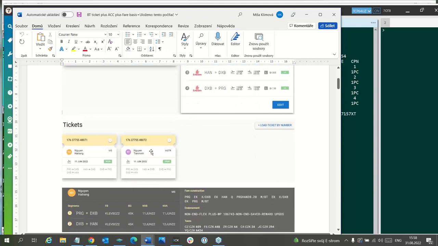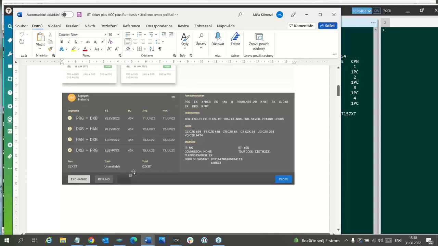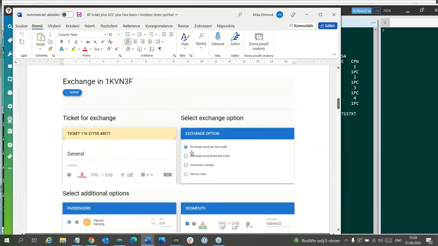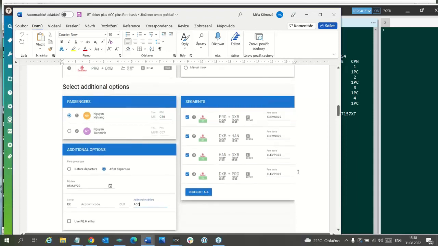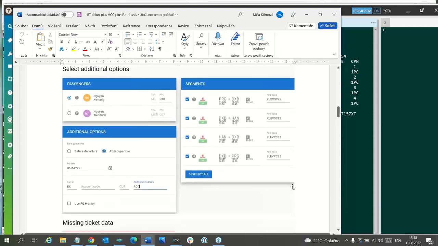Here you can see these two tickets, so we will start with the first one and press exchange using new fare quote, and here is the first passenger. So what is the most important? We again have to receive such a special fare basis, we have to enter the fare basis next to each segment.